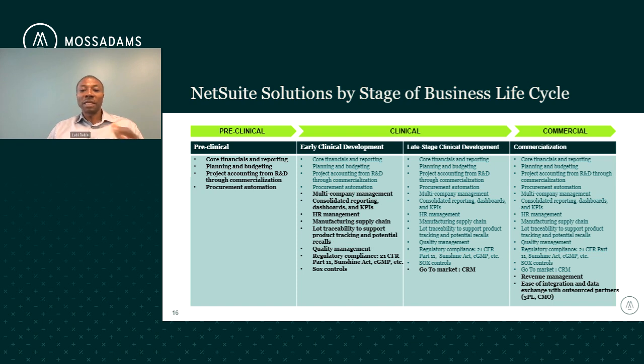It's also the time to think about manufacturing and distribution. Some life science companies set up their manufacturing and supply chain operations very early during the R&D phase, but others might outsource for years until they have the resources and strategic capabilities needed to establish their own facilities. But regardless of where a life science company lands in this curve, it will at some point need robust supply chain, inventory management, quality management, regulatory compliance, and internal control capabilities.